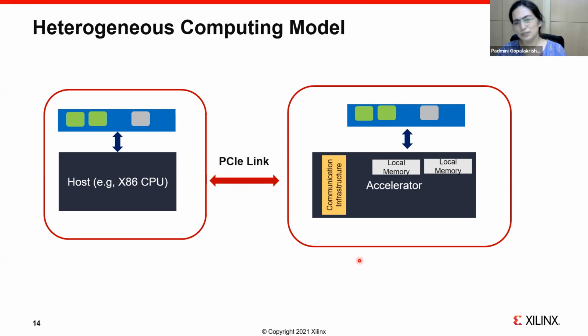Right? And you could look at many ways to optimize this. For example, instead of waiting for the entire computation to be done, you might want to compute in chunks and send data back in chunks so that the host can do something with them. All that depends on your application. But the broad model to keep in mind is this. Okay, you have a host and accelerator. They are communicating through PCIe, maybe DMA. Right? You transfer data to global memory that the accelerator can access. Right? The accelerator reads in the data, computes, writes the output, which is then transferred back to the host.